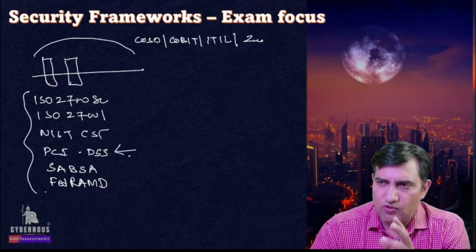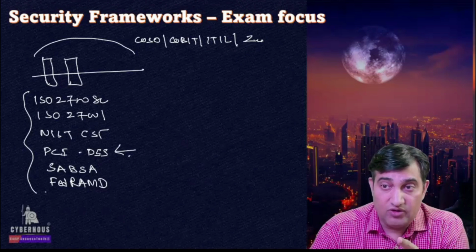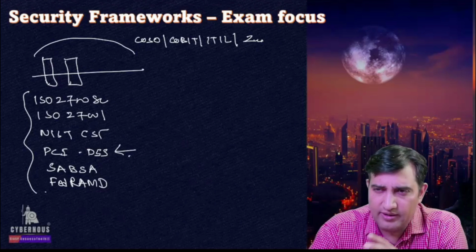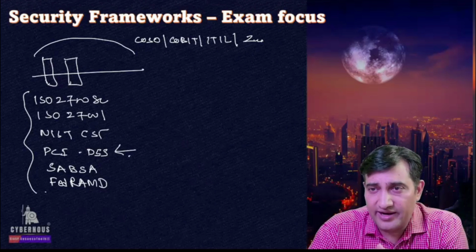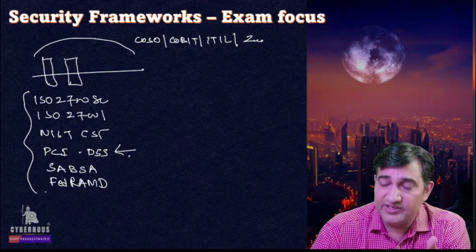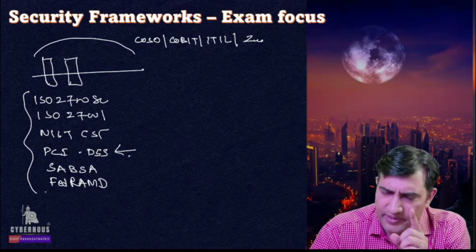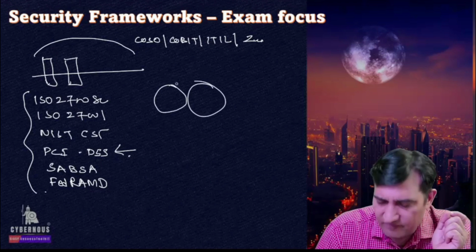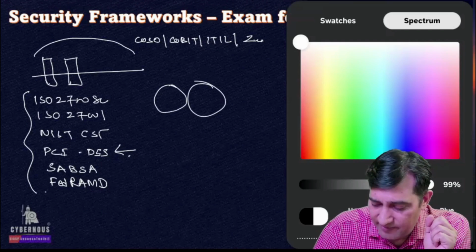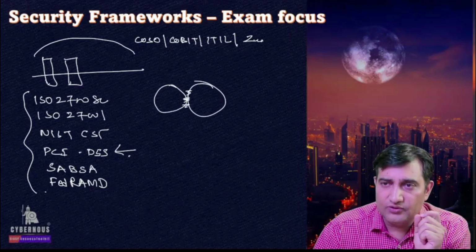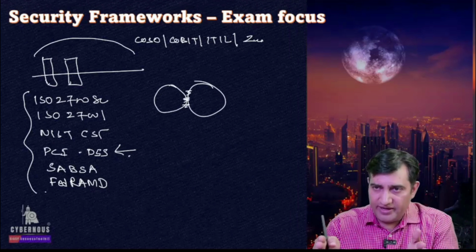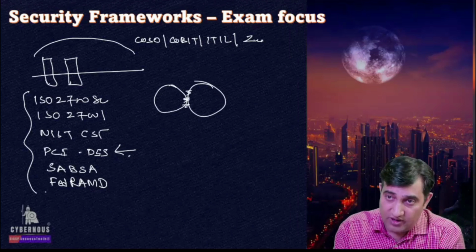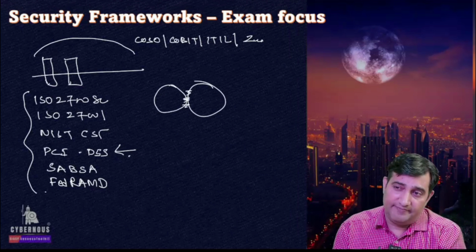What I want you to focus also on is which kind of framework you are going to apply. So the framework actually is decided by the kind of industry you are in, the kind of infrastructure you are in, and the kind of applicable industry standards which actually work on you. So that is why picking the right framework is very, very important. In many cases, companies go with multiple frameworks as well. And in that case, there might be some overlapping of controls here, right? So it is always better that you have a control mapping, because having a control mapping will not only help you to do less work, it will also reduce your costing as well.